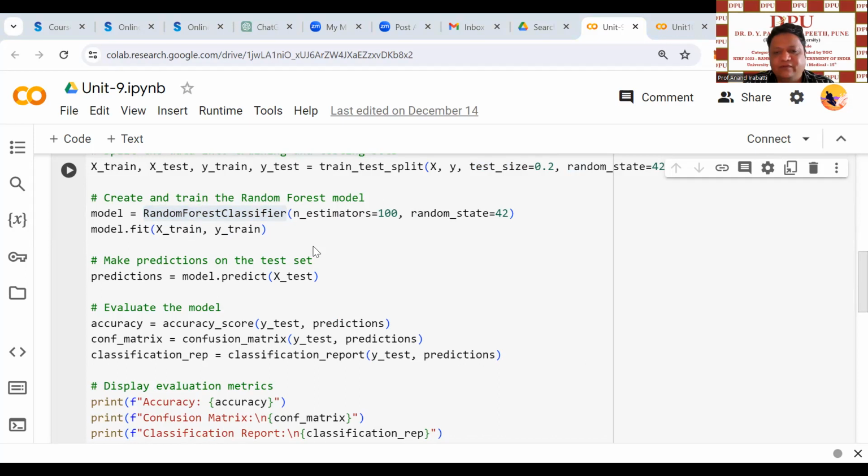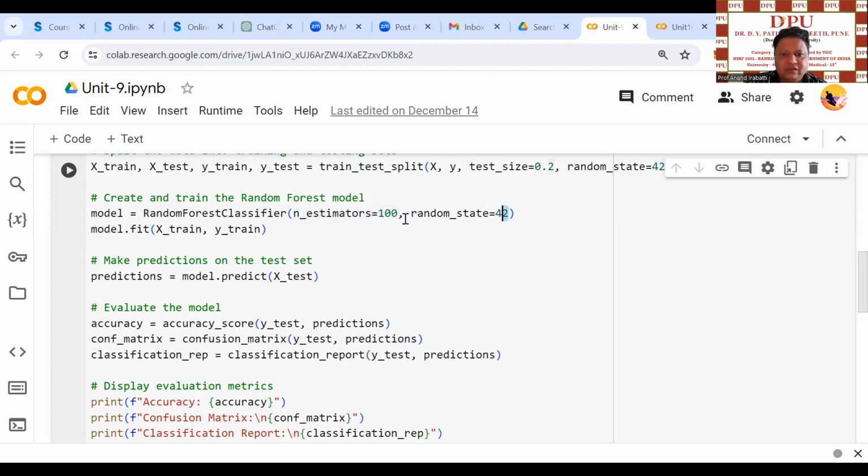A random forest classifier is created with 100 trees. As you can see, n_estimators is equal to 100, which means I am creating the random forest with 100 trees, and random_state is equal to 42, which means